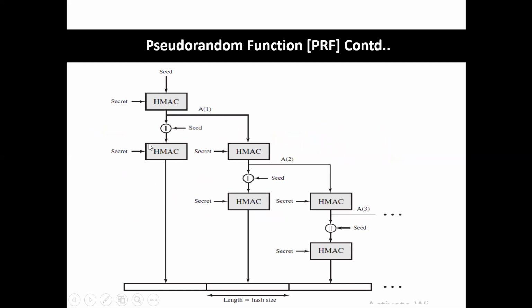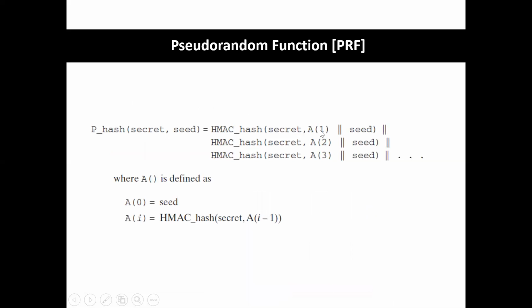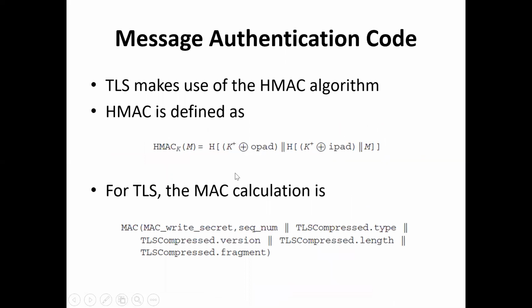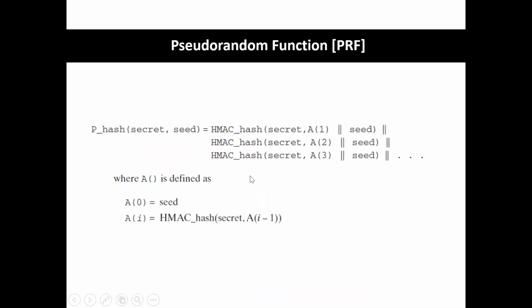See here, first the HMAC, as I said. If you want to generate A(1), you need the secret as input, and also the seed, the initial value. You pass them to the HMAC algorithm, and it generates the A(1) value, from A(0), the seed and the secret. Now A(1) is appended with the seed. Why is it appended with the seed? See here, A(1) is appended with the seed value.